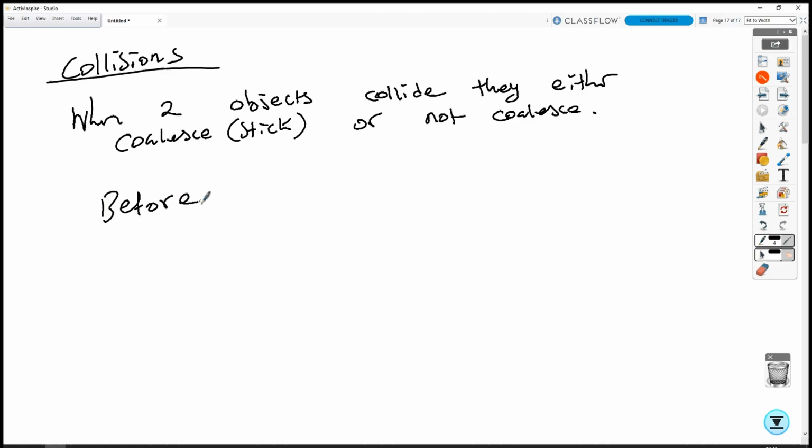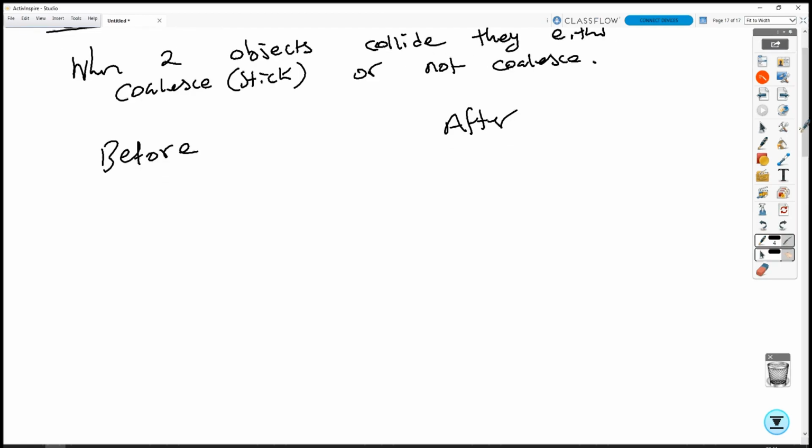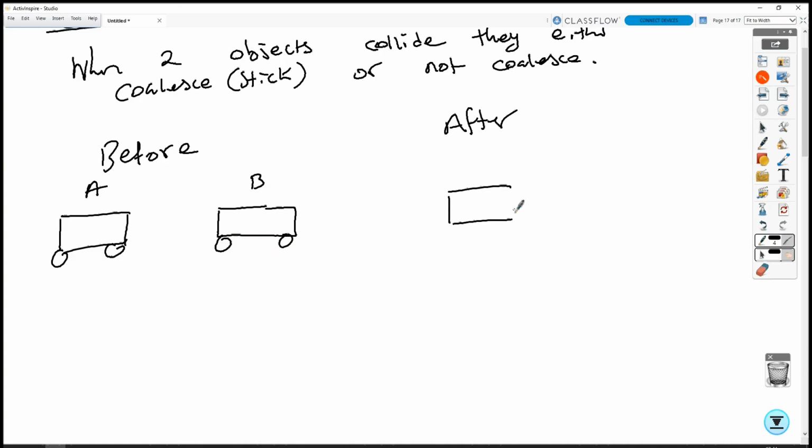We'll put before and after. If we label this as A and B, and A and B,